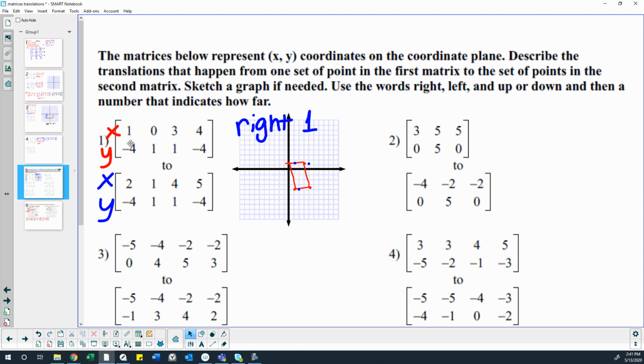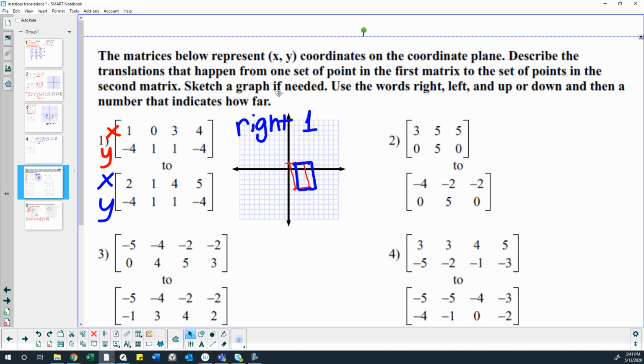Well, those 4 dots are moving to these 4 dots. So 2, negative 4. So positive 2, down 4. Over 1, up 1. Over 4, up 1. And over 5, down 4. I don't have the blue dot listed there. Anyway, if we connect those, we get that graph. And obviously, these aren't drawn perfectly because it's supposed to be the exact same shape moved